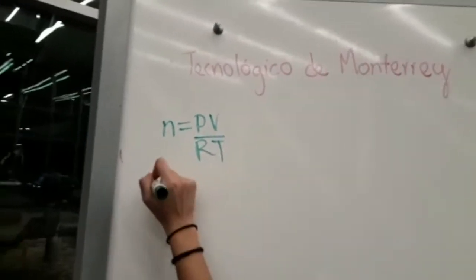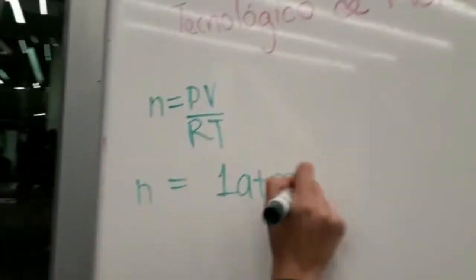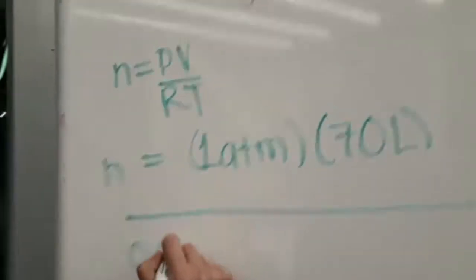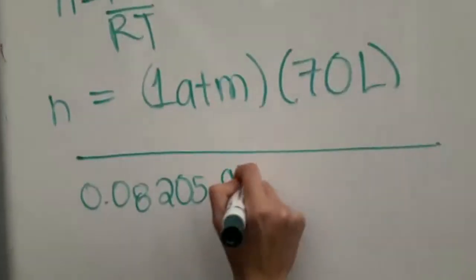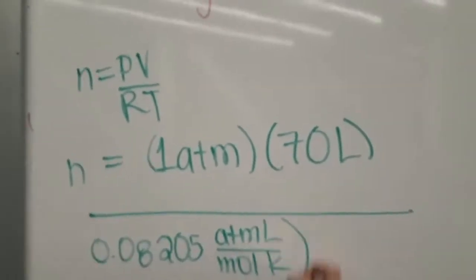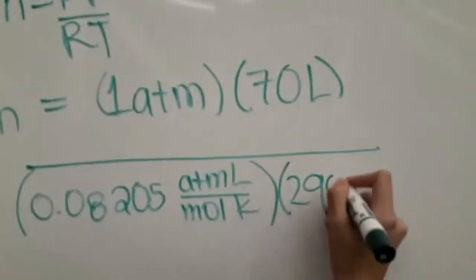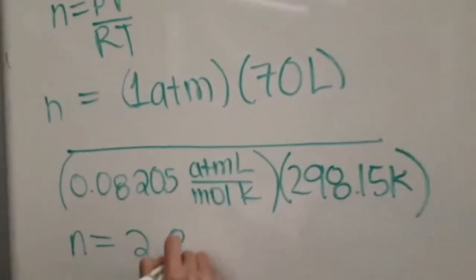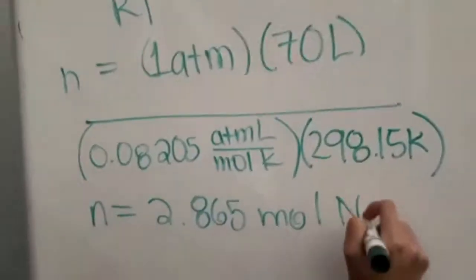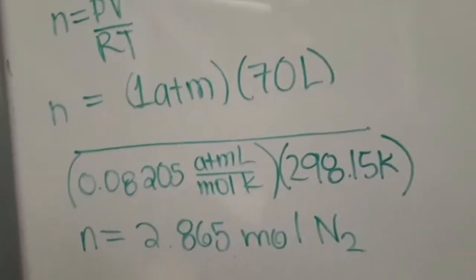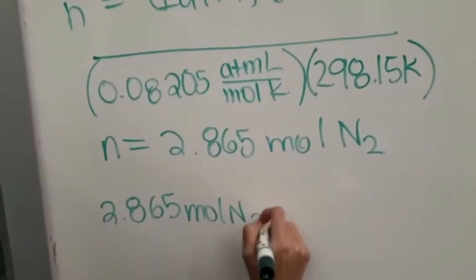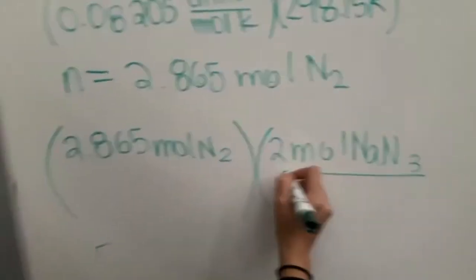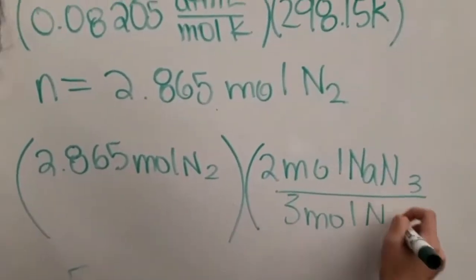According to studies, about 70 liters of gas are needed to inflate an airbag. So we use the formula for ideal gases to calculate the amount of sodium azide needed to inflate an airbag. We used for the pressure 1 atm, for the volume 70 liters, for the constant 0.08205 atm times liters over moles over Kelvin. And for temperature, we used